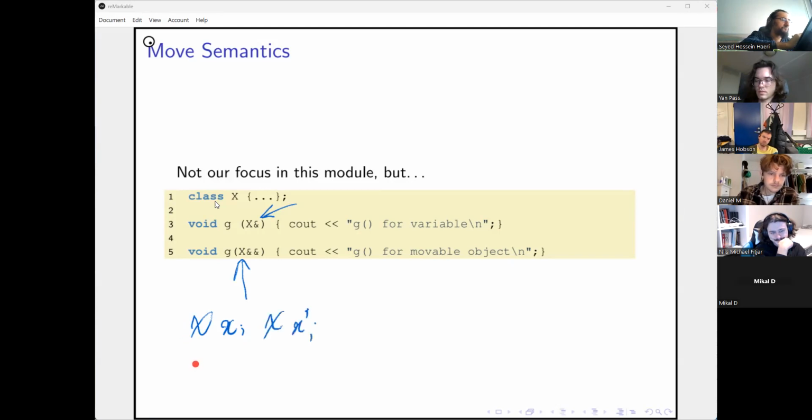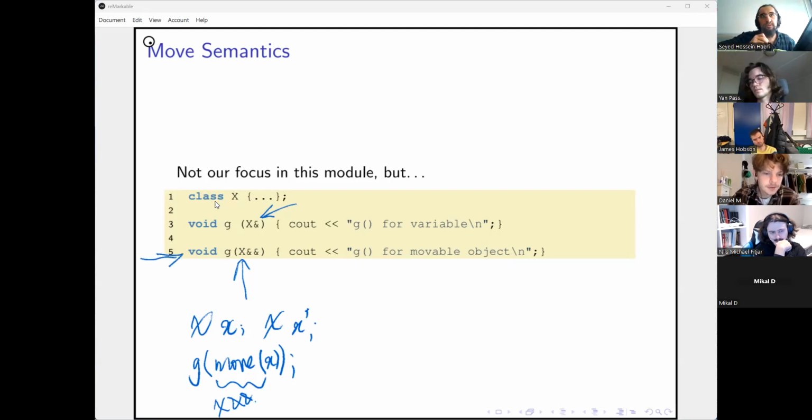If I call, well, this is going to be a bit ugly, but let's say I call this, which then produces for me an instance of X rvalue reference, then this overload, the second overload, will be called.